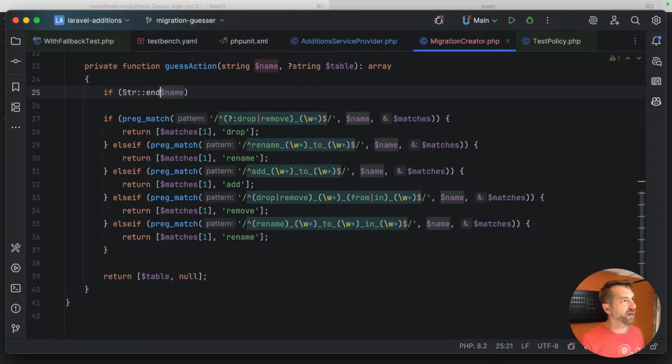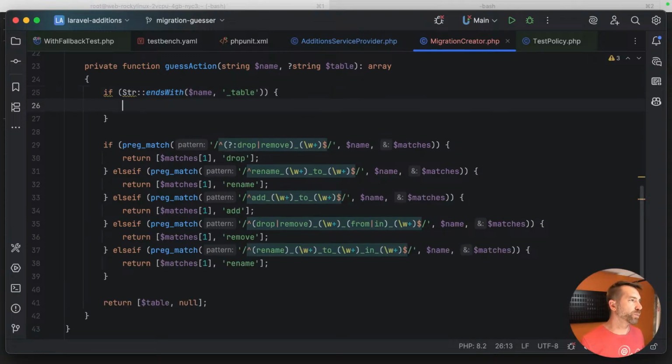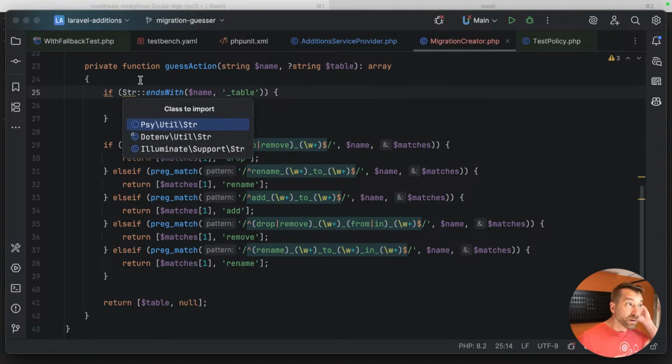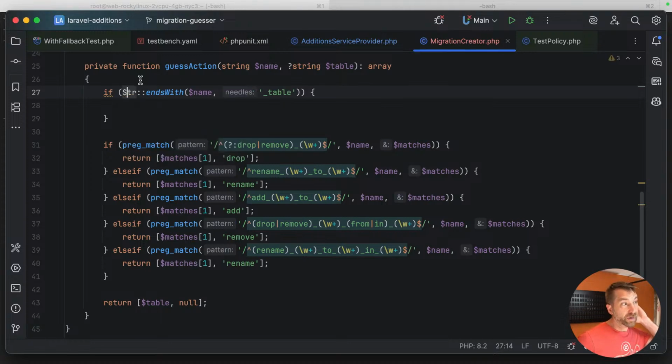So we'll say ends with table, right? If it ends with table, then we'll chop it. Let's bring in Laravel's support. And then we would basically say name